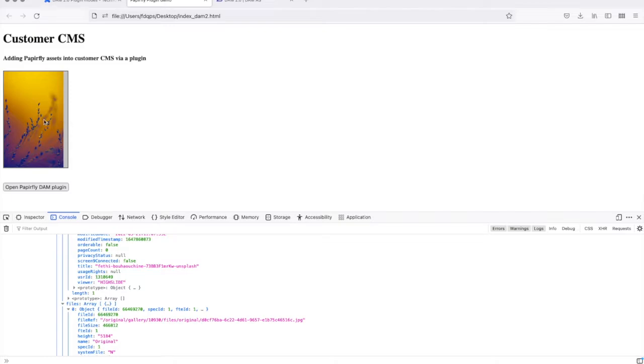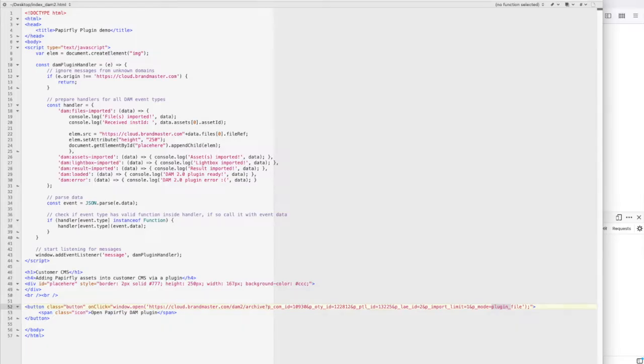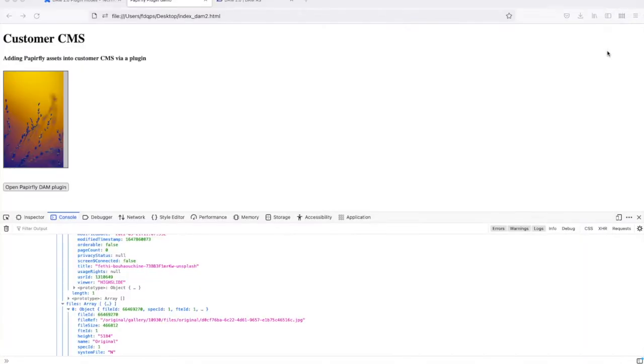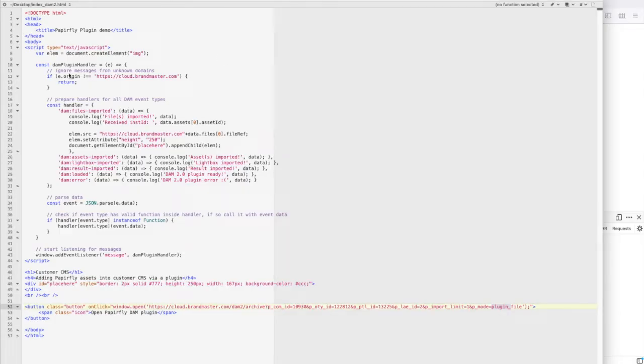So now you see I got the new image. It's a setting thing. So what I could do is this is the actual code for the demo CMS system. I won't go into detail, but